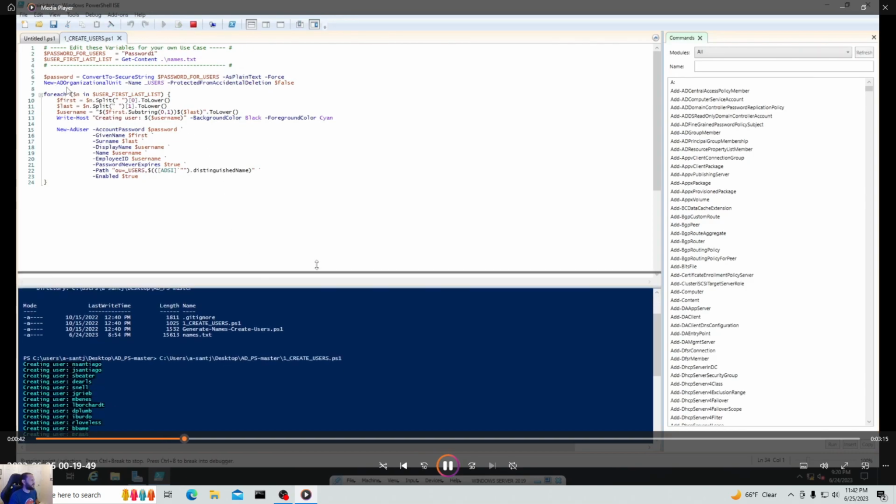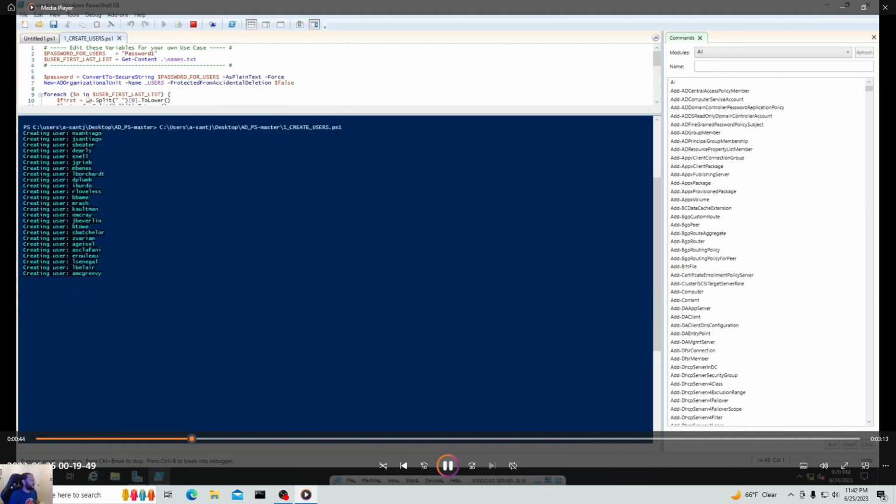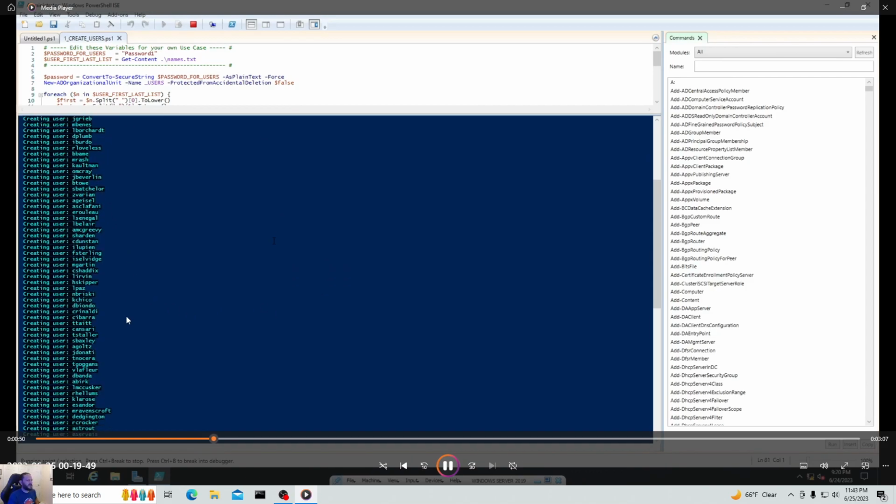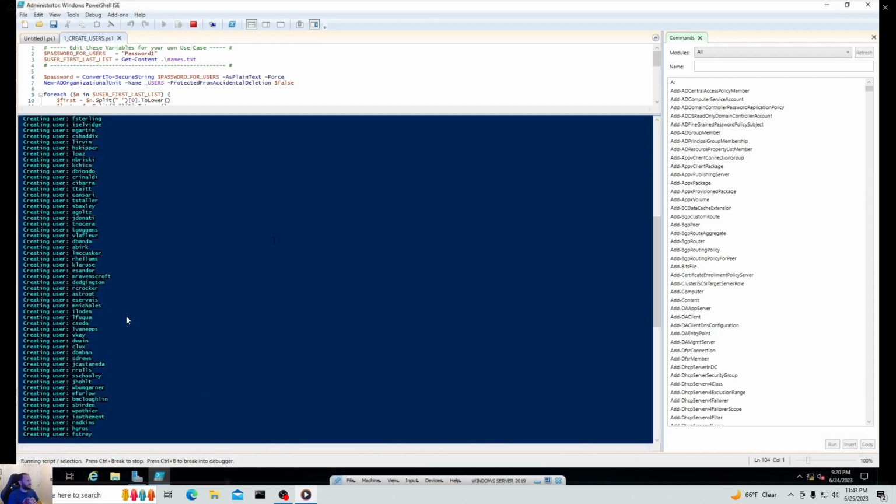There's your loop and for each. Let's see here, and there's the script running. So I ran the script. So all of these, when I open up Windows Server, all of these users are going to be configured. So I didn't have to manually do this, which is great because the next lab is privilege escalation by